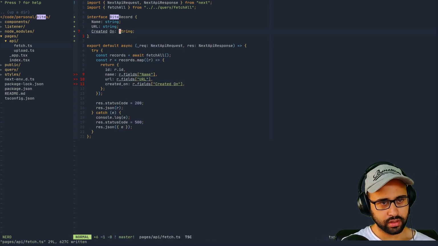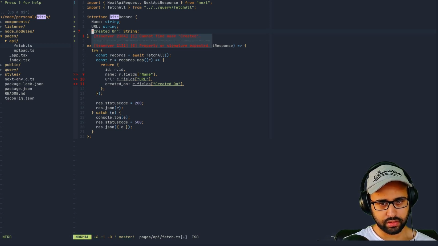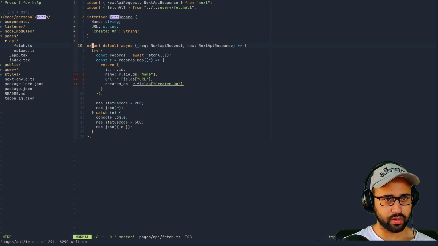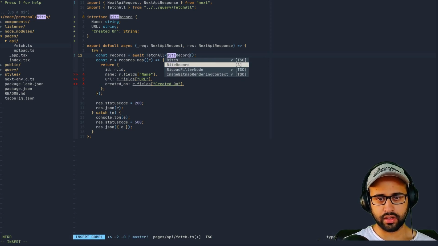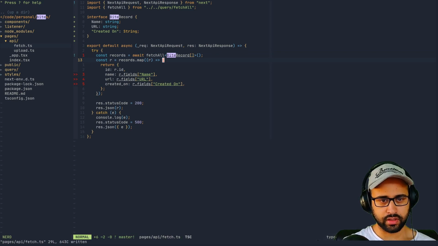Yeah, can we do a, this is allowed? Okay, so now we can type it here saying that fetch all gets us byte record array, something like this.